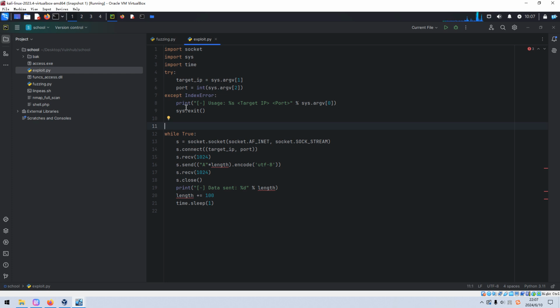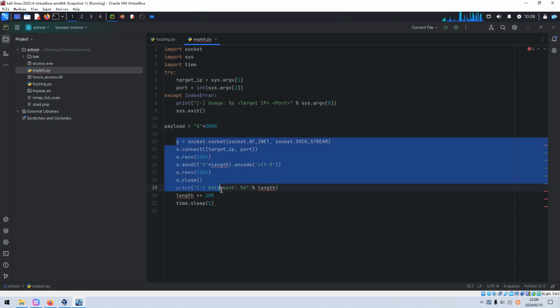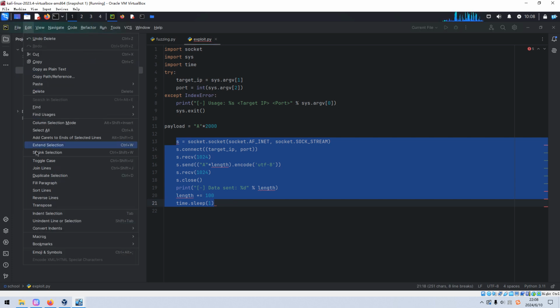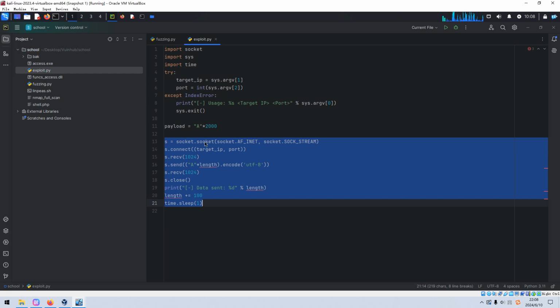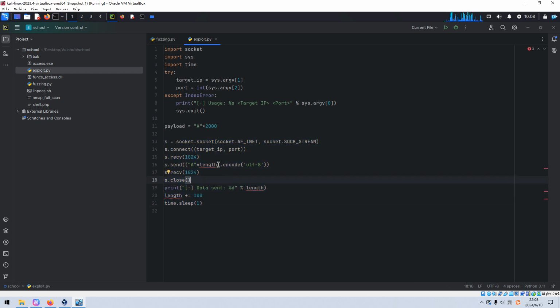And the payload, A, maybe 2000, and now we can remove the loop because we do not need it anymore. And we can indent the length, the payload.